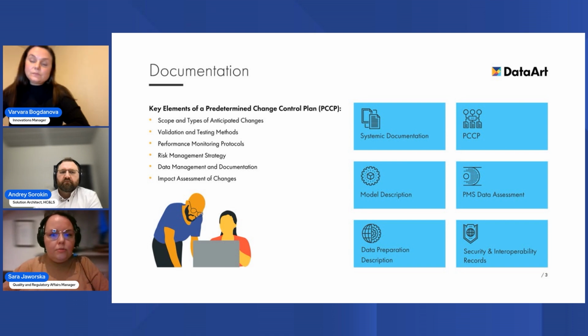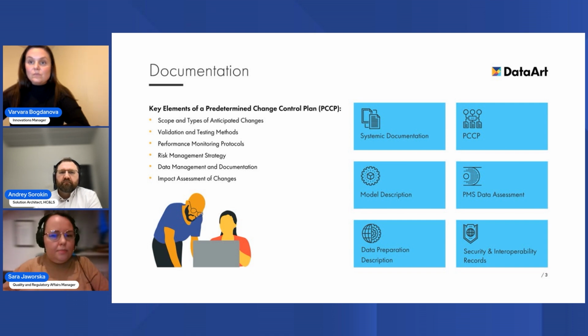Another requirement related to product documentation, by the way, which is only specific right now to the FDA, is the predetermined change control plan. It documents the frames in which the model can operate and can change. It includes an impact assessment, an outline of related risks, and how changes will be validated.